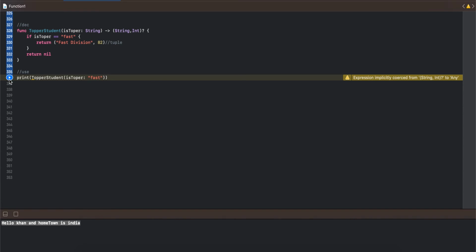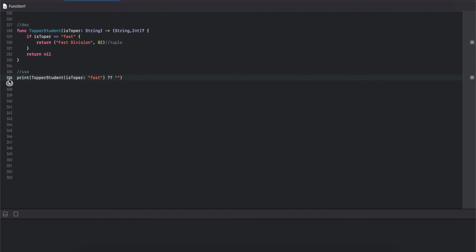Otherwise we can print the tuple, and otherwise the optional is first. This is the optional, and the default value is empty. We can remove the optional. This is the first division and 82. We can use first and last.